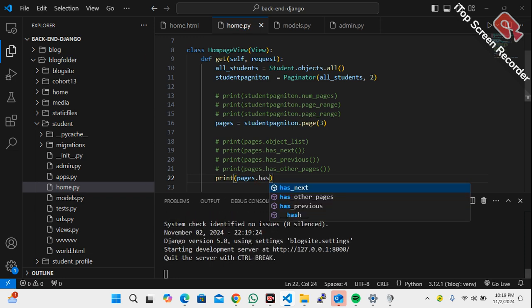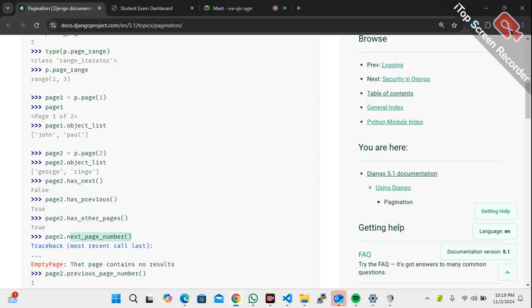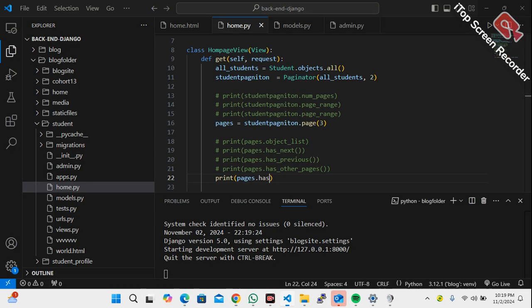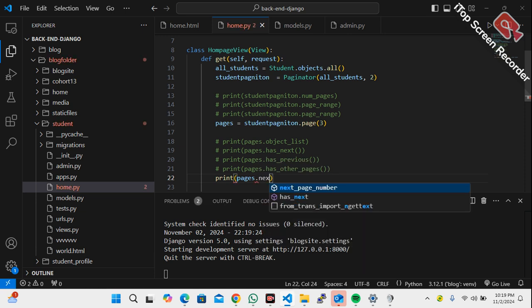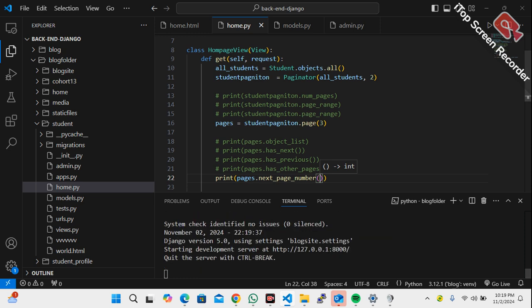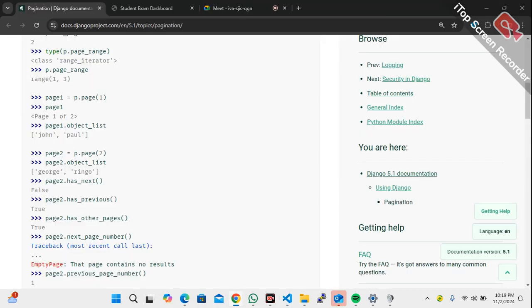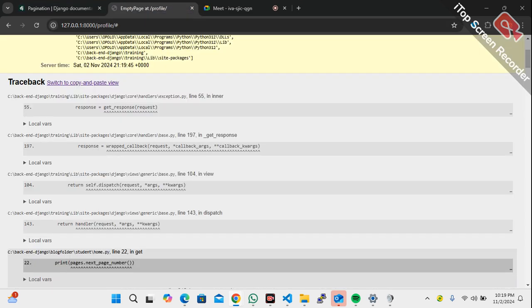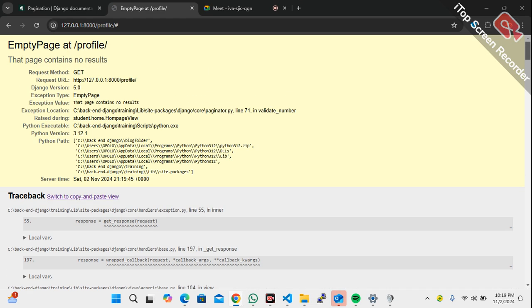Has, is it or has what? Is it has? Okay, next page number rather. So next page number, who can tell us what it does? Are we together? So this will actually show you we're having an error,